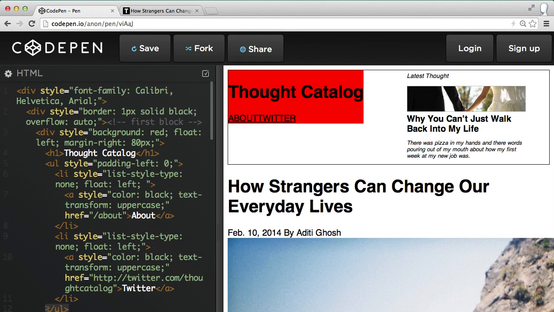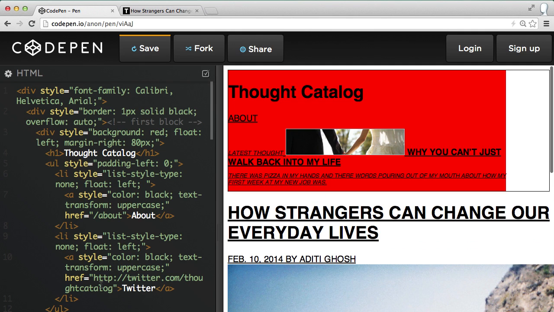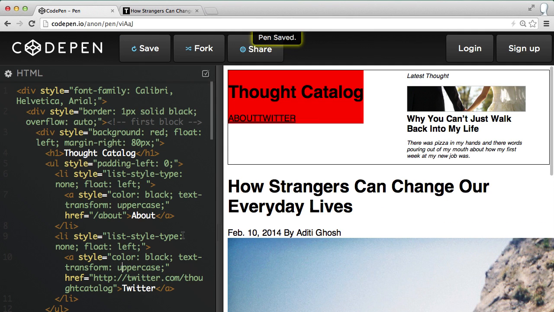Yeah, let's see what happens if I do this. If I remove the unordered list tag, nothing. The browsers are too good. Okay, we'll keep moving. So now that we have uppercase, Twitter, and about, let's go ahead and make the text